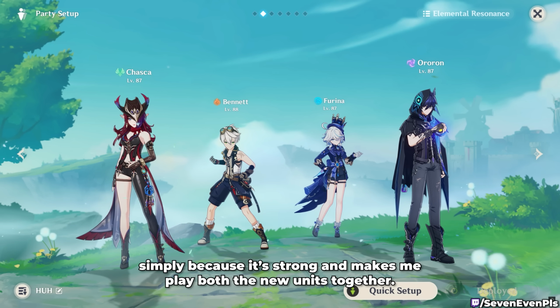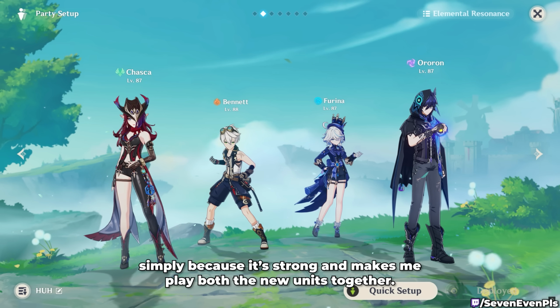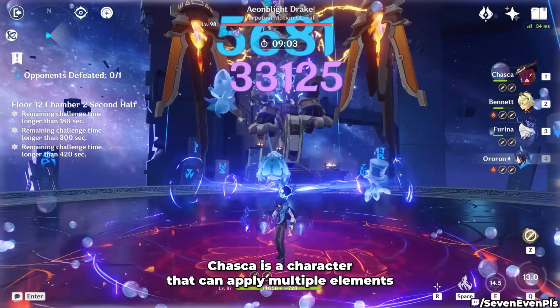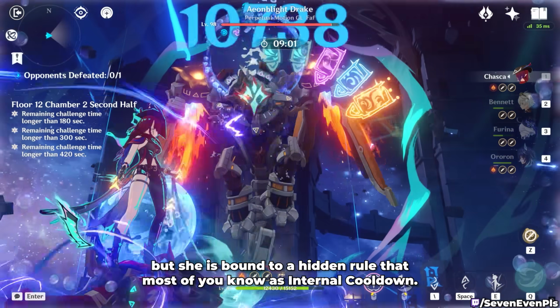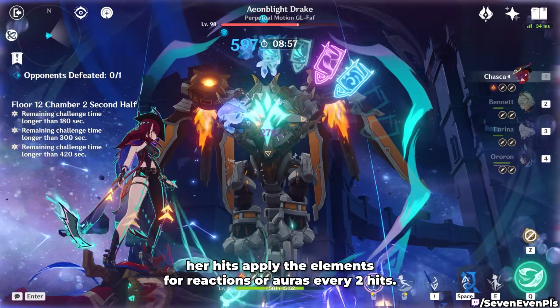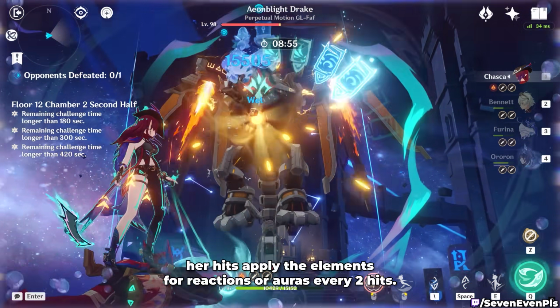Simply because it's strong and it makes me play both the new units together. But this team has a problem. Chasca is a character that can apply multiple elements, but she's bound to a hidden rule that most of you know as internal cooldown. In case you don't know, very simply, her hits apply the elements for reactions or auras